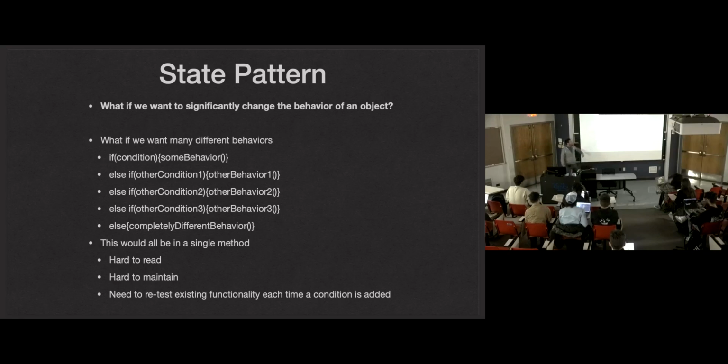If I want some sixth behavior in here, I have to figure out where it's going to go in these conditionals, and then I have to change what those conditionals are, because thinking of the truth table of all these conditionals, there's certain sets of those truth values that used to go to a different behavior that are now going to the new behavior. And I have to be very careful how I write my conditionals to make sure I'm getting the right behavior